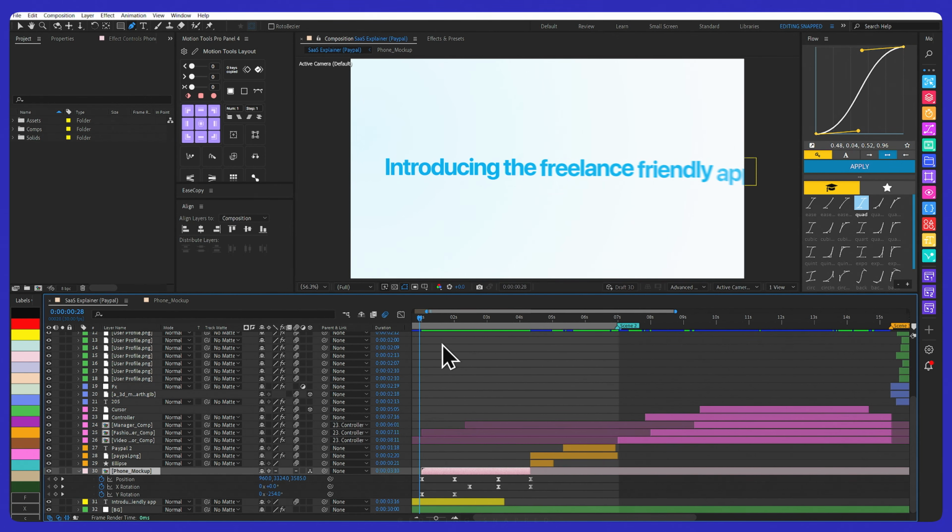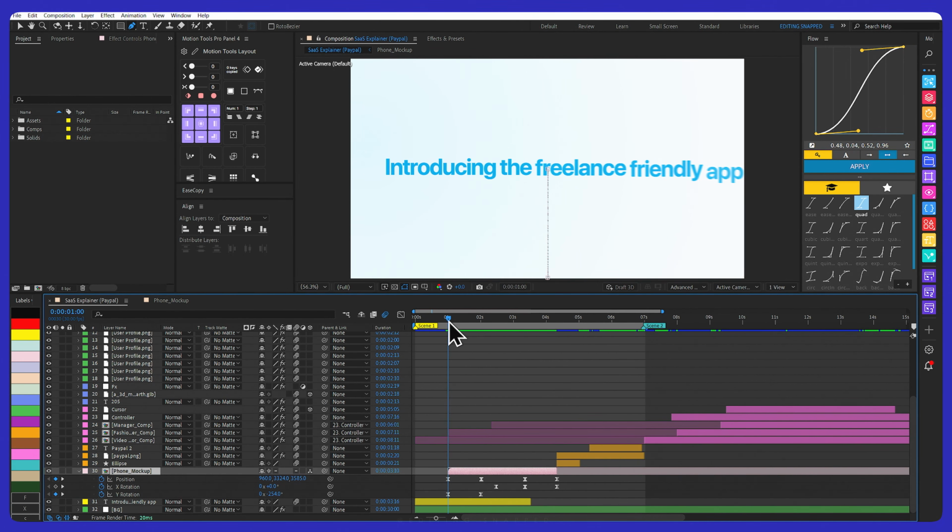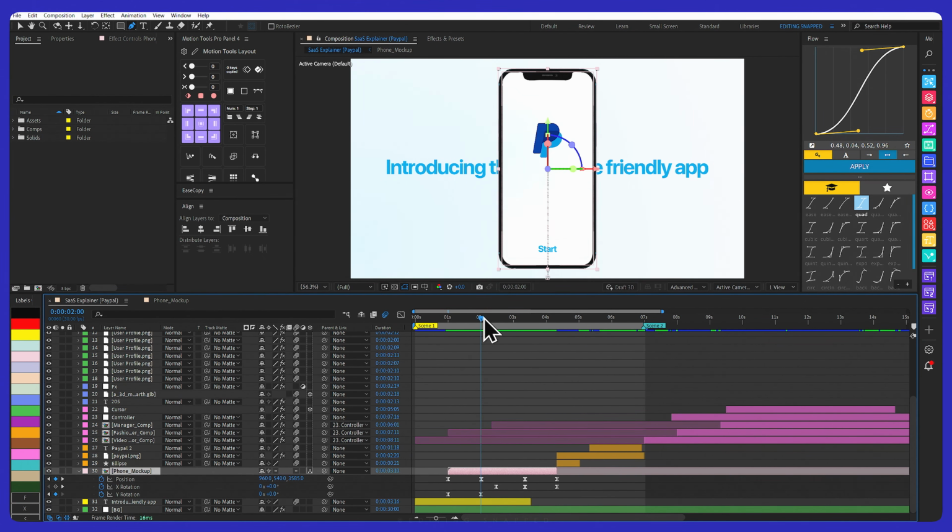Now add something around this frame, something around 1 second forward from the timeline. Firstly, just select the precom layer and make it 3D, and after that, make a keyframe on position and X rotation and Y rotation. Firstly, just make a keyframe on position and Y rotation, and just set the value of Y rotation to -254, set the X rotation to 0, and you will get exactly the Z position something like this. You have to make sure the phone model is in the center of the composition, and just like this, make